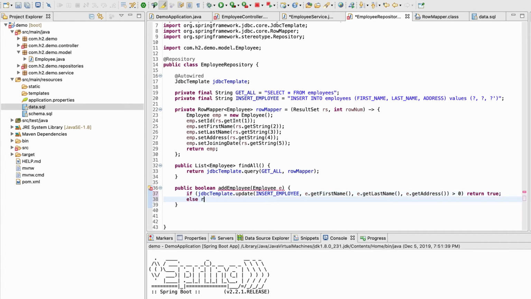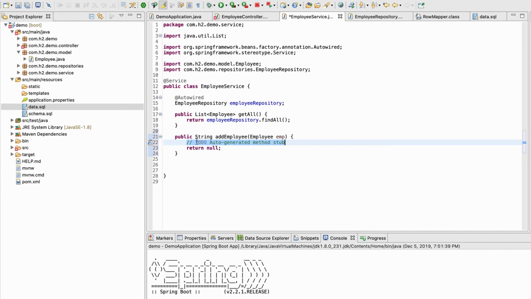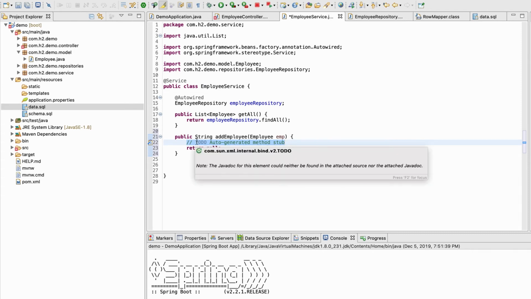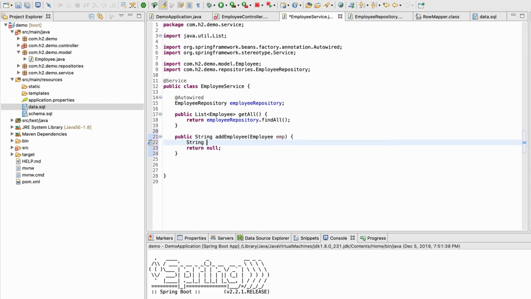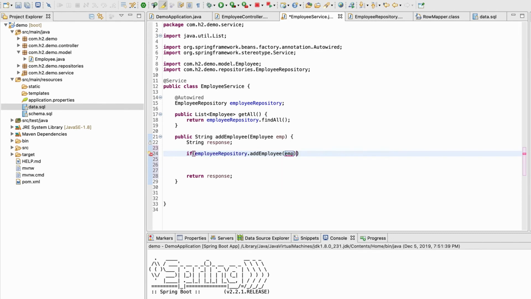And else I can return false. Okay, and based on this response, I can take decisions here now. So that decision will be something like, let me do string response, and I can return this response, and in between I can set the response. So here I can do something like that. If employee repository dot add employee emp is returning me true, then response will be something like that: